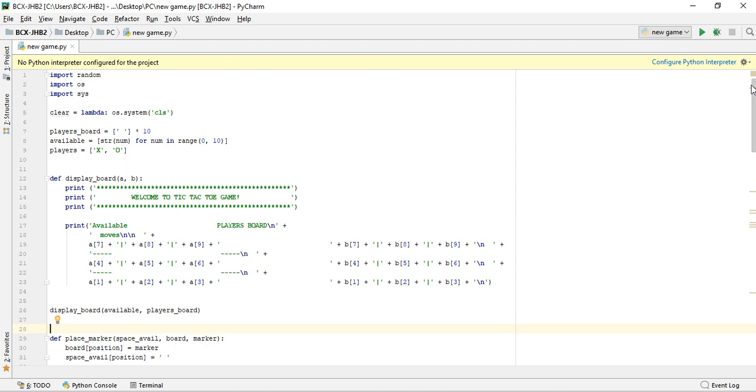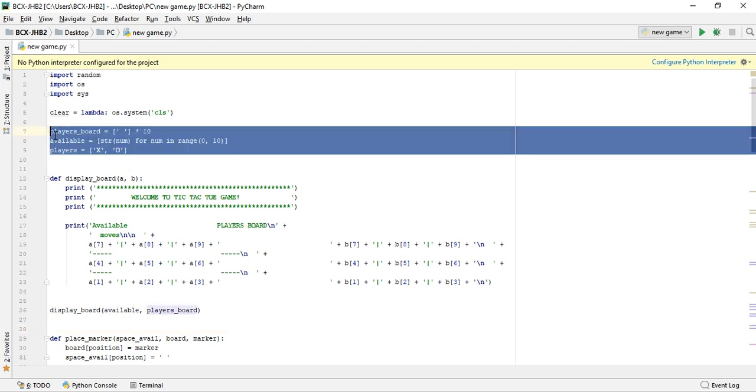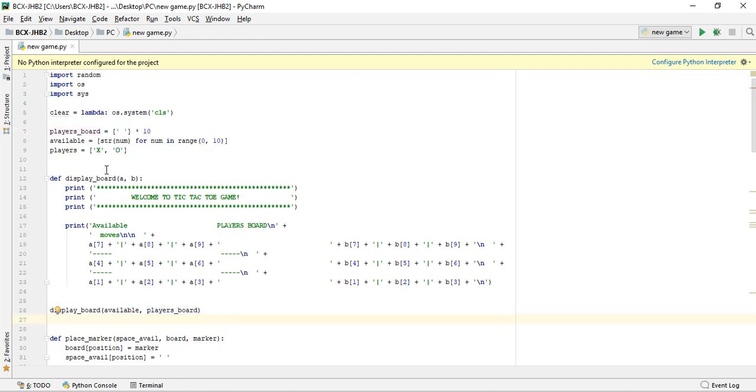Okay, so this is how my code looks. I have declared my three global variables. I will use these global variables inside my functions. Players will be represented by an X and an O. These players will only play on the players board that consists of 9 spaces. All right, so let's come to